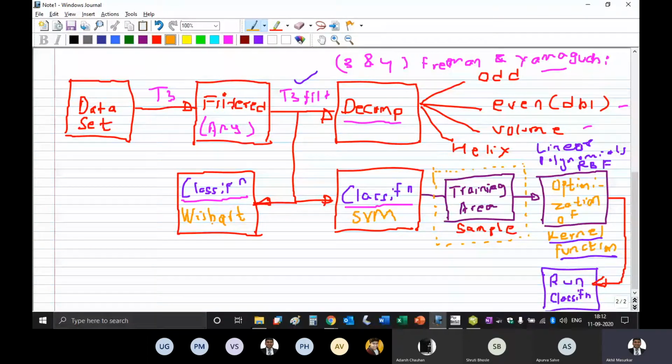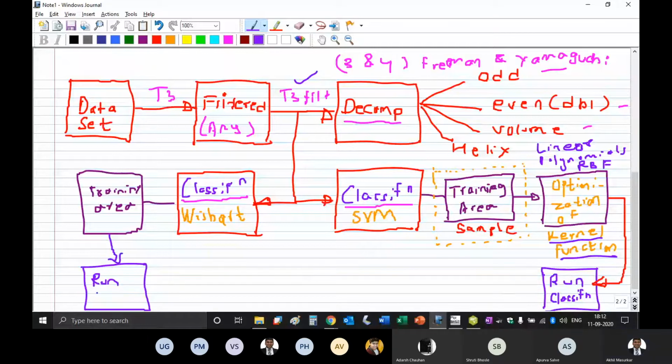So the next step is again the same. After this, we have to give training area. And then after training area, some kind of optimization may or may not be required. But in Wishart, it is not required. So we will just say run classification.